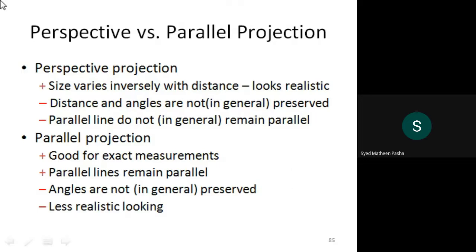So we'll check out what is the difference between these if I compare perspective to parallel projection. What happens in perspective projection is basically the size and distance vary a lot, which basically looks real. If you are implementing perspective projection in a real-time scenario, the size between the distance of the